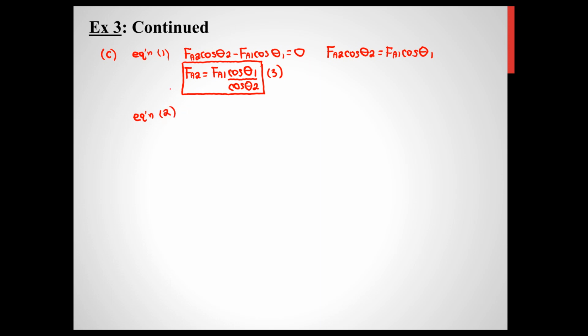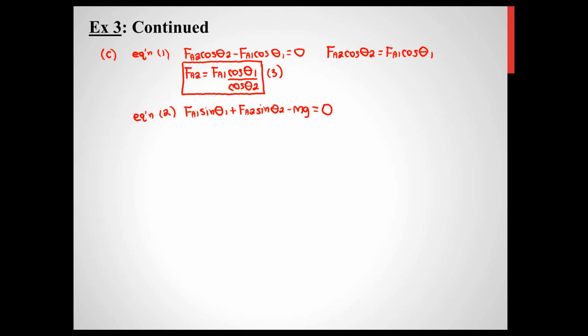So equation 2 was Fa1 sine theta 1 plus Fa2 sine theta 2 subtract mg, and that's equal to 0. Now, what I'm going to do right here to solve the system is I'm going to use a technique called